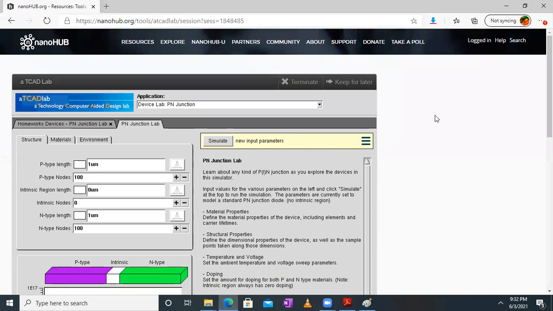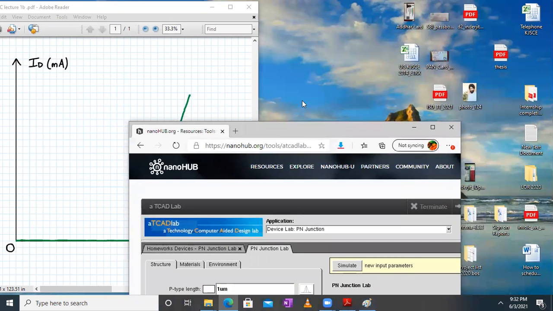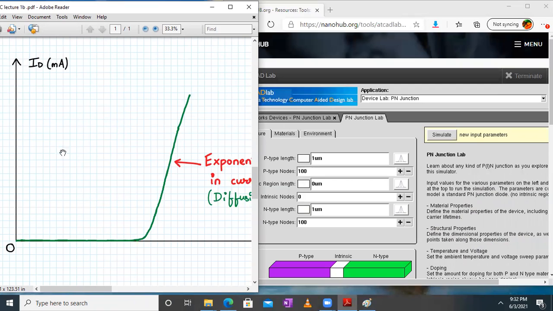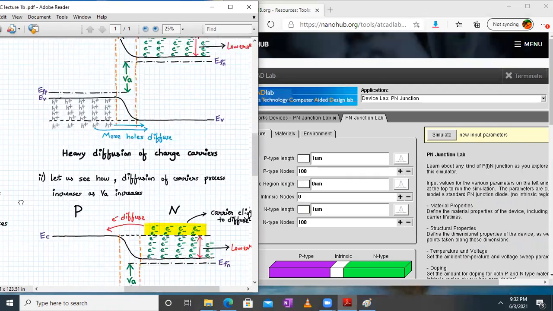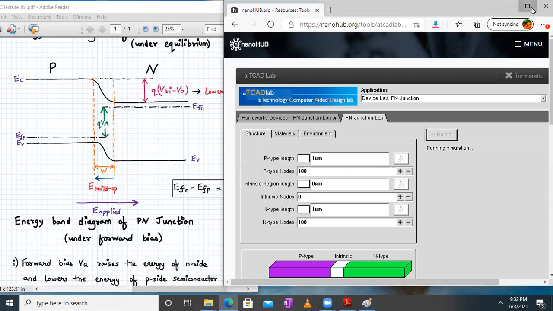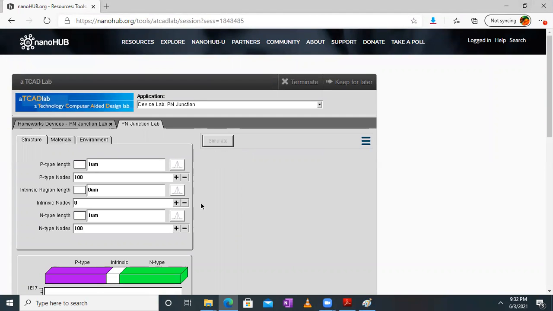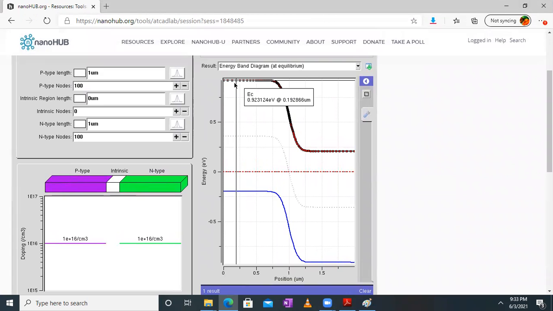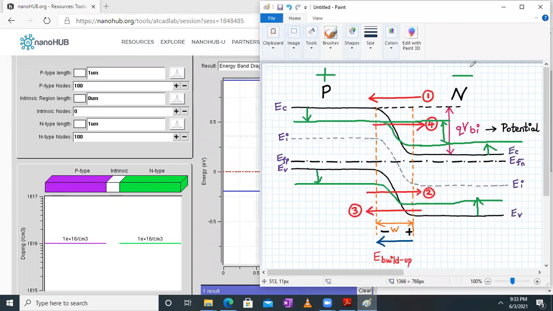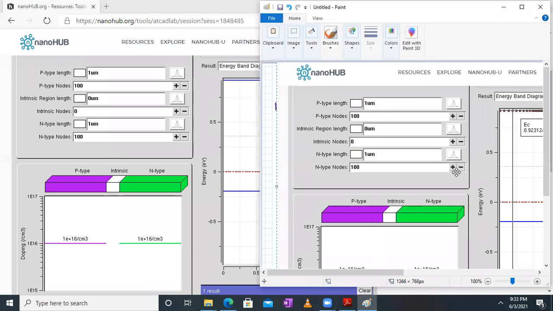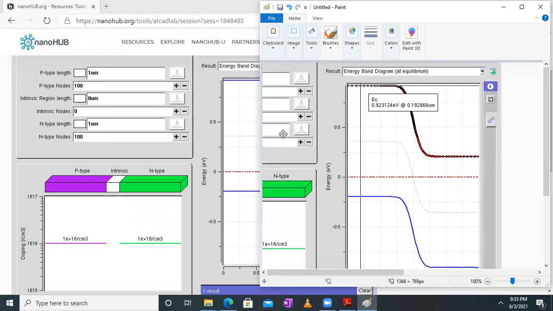Last time, in the energy band diagram, we showed the simulation of the PN junction under equilibrium. Now let me continue that and simulate and show you these characteristics, also the energy band diagram in the process. How does the energy band diagram change? So let me simulate this once. Right now it will simulate and give us the energy band diagram under equilibrium condition. So this is the energy band diagram under equilibrium condition. Let me take a print screen and attach it over here, so that later on we will reuse it.